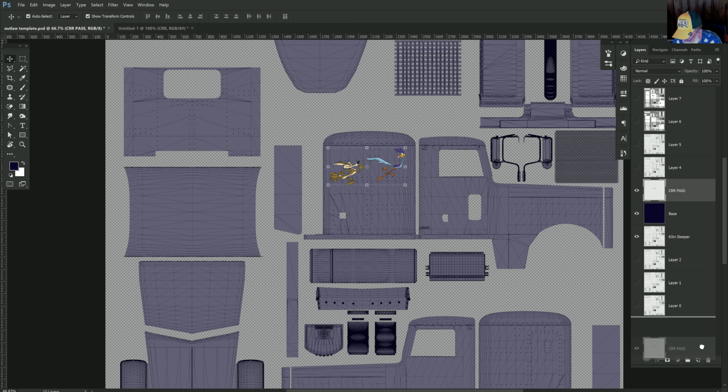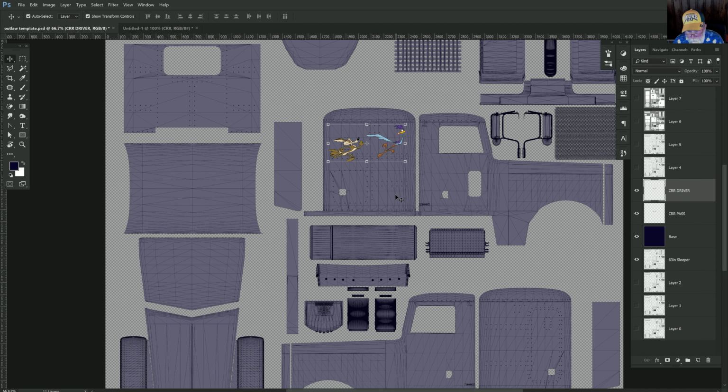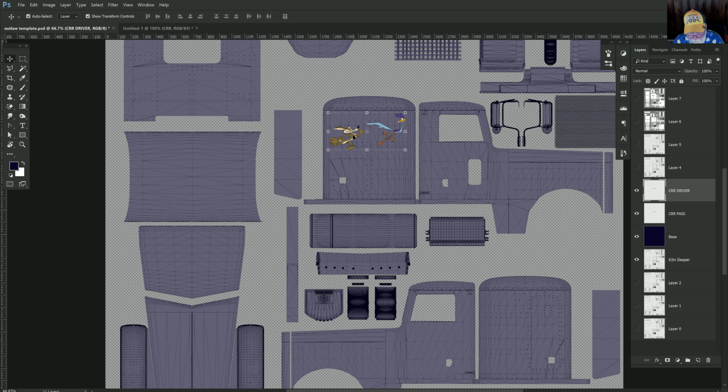So I'm going to make a copy of this, and I'm going to name it driver. Okay, there we go. I'm going to grab a hold of it, and I'm going to drag it over here to the driver. Being it's a tutorial and I'm trying to make this as quick as possible, I'm not going to get too worried about being all that accurate. Okay, I'm going to move it up there. Okay, now that we got to this part,